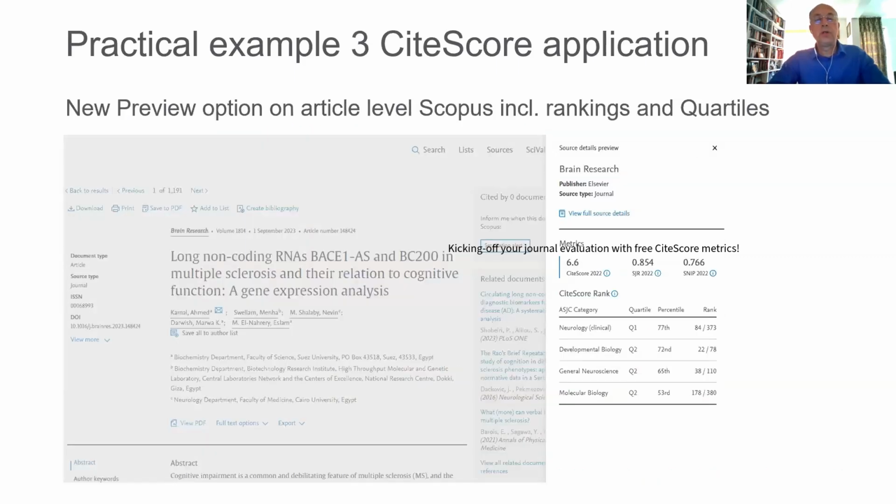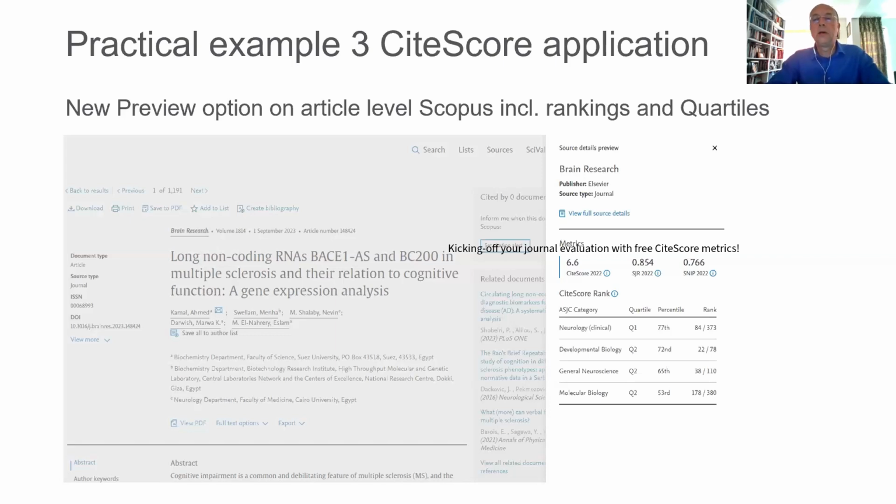CiteScore as such is also now displayed on the article level. That may sound strange, but what you see is that a lot of researchers are primarily interested in article level information, basically on articles themselves. But if you look at this brain research example, if you simply hit the brain research title above the title of the article, you will see a so-called preview.